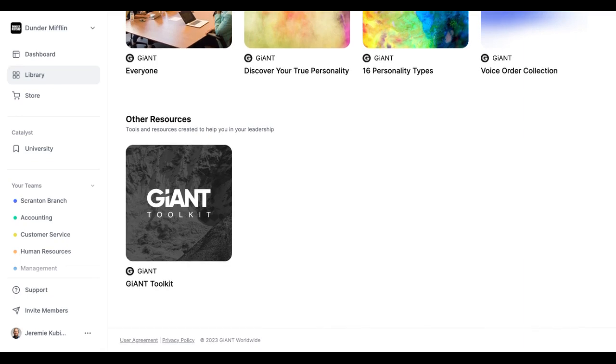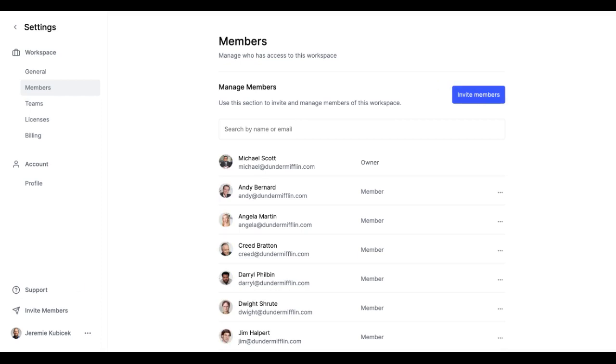If you decide to put all of your teams or your entire organization on the Pro account, you'll want to come down here to the Invite Members tab in the far left corner. Select the tab and invite members to the account. Notice under this Members tab, if you select the 3 dots next to someone's name, you can make someone else an admin on the account, which means they can add and delete users for you. You can also remove a user from the workspace from here. Going back,